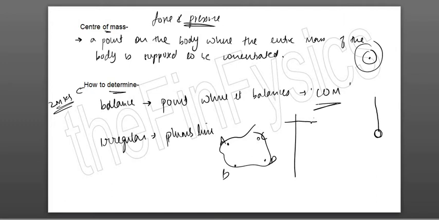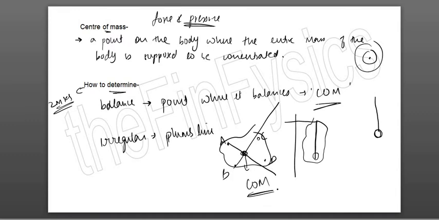Suppose I suspended initially from point A and then I place a plumb line. Wherever the object comes to rest, I will draw the path of this plumb line. Then I suspend it from point B and repeat the same method. It will swing, come to rest in a certain position. I will again draw the path of the plumb line. Wherever the 2 lines intersect, that is the center of mass of the object.